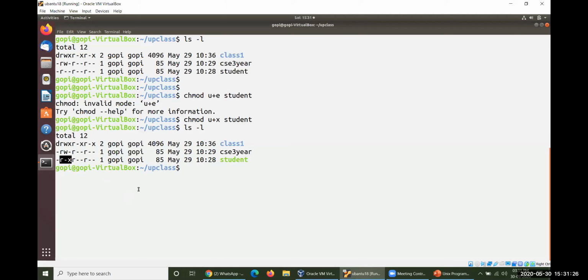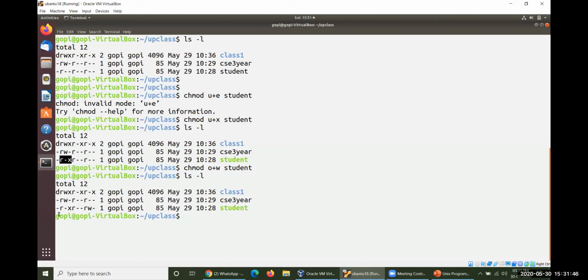And if you want to give write permission for others, chmod, I'm giving o plus, and what I would like to give is w. Write permission for others on student. Look at this. Previously, whatever permissions it had remain as they are.